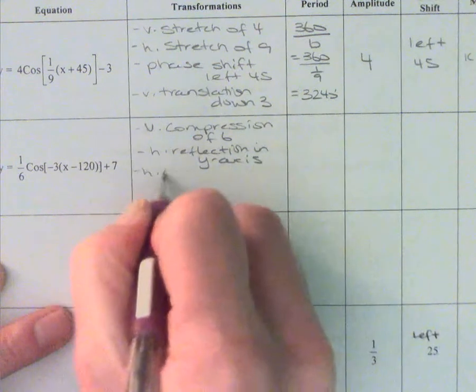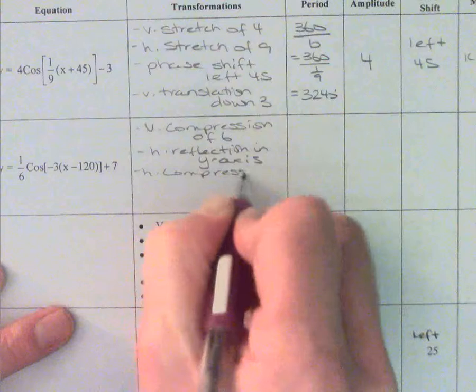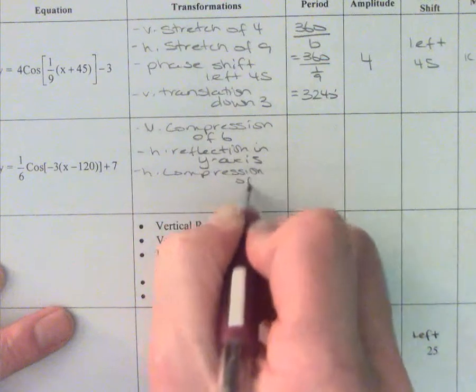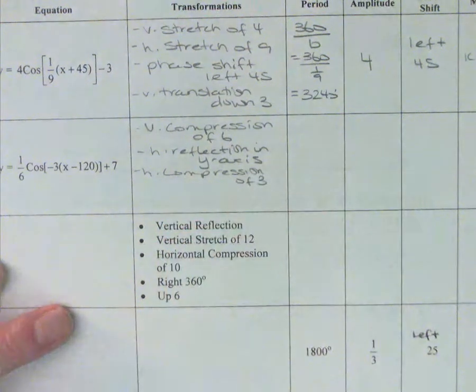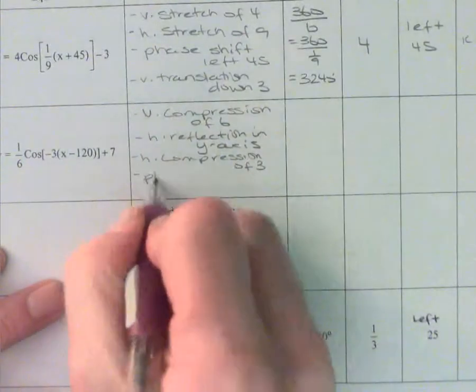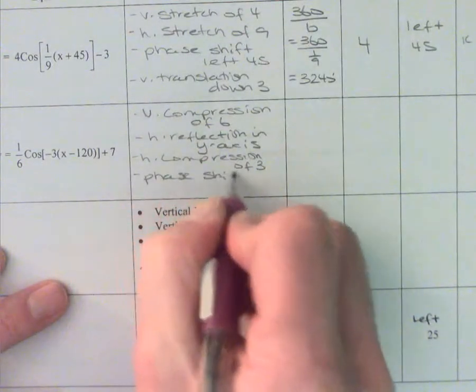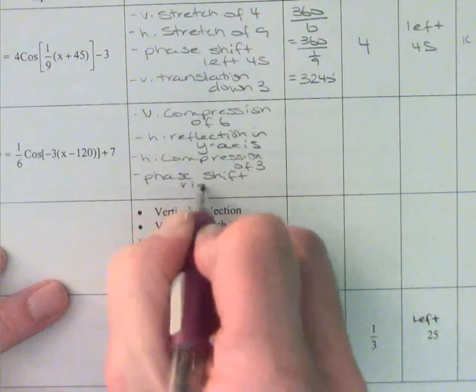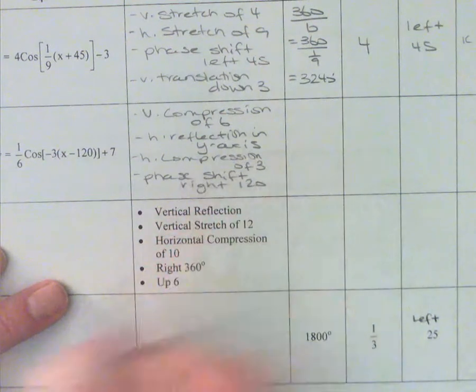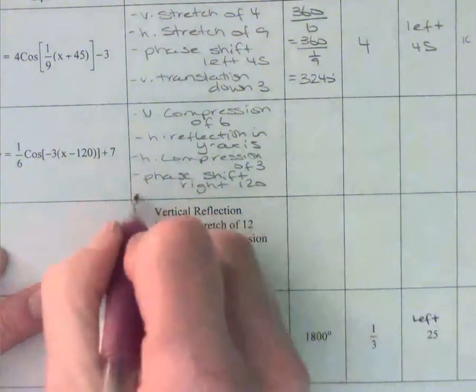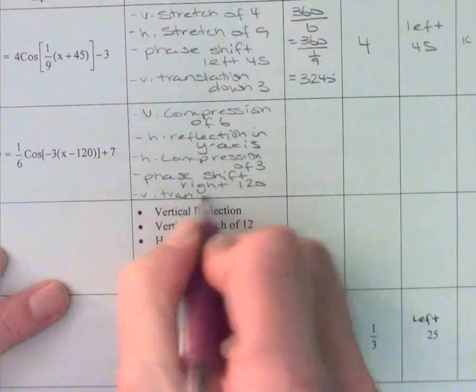We can say there's a horizontal compression of 3, brackets that are lying. We have a phase shift, right 120 degrees. And we have a vertical translation